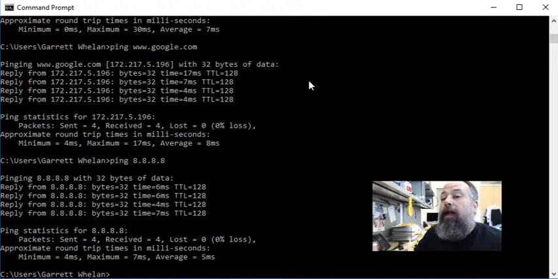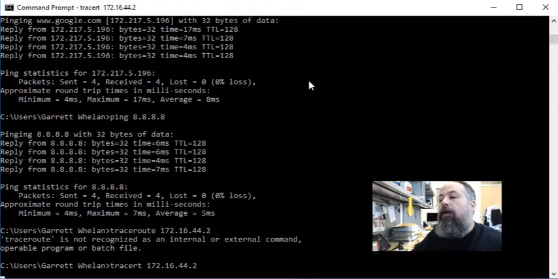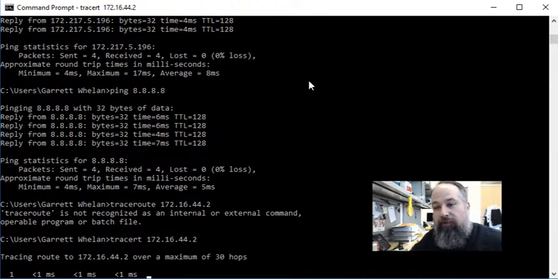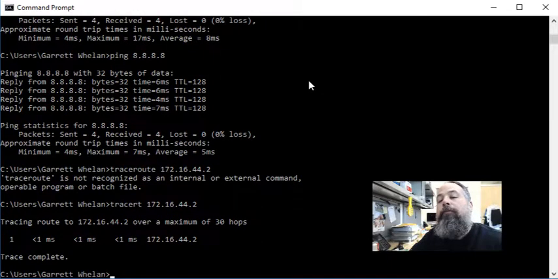If any of these failed and I wanted to see where in the process they were failing, I might try traceroute. Now, what traceroute does is it sends a series of pings, but each ping has a time to live of 1 hop. The first one has a time to live of 1 hop, and then 2 hops, and then 3 hops. When the ping runs out of its time to live, whatever device has it will automatically respond. So it'll allow us to trace a path from where we are to where we're going. Now, pinging my gateway is useless because it's only 1 hop. But if I trace route